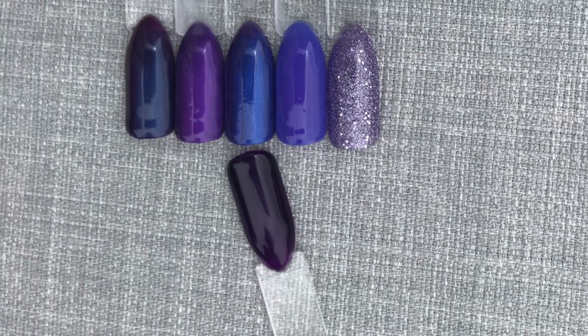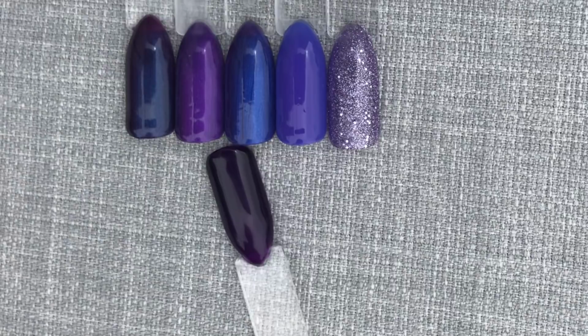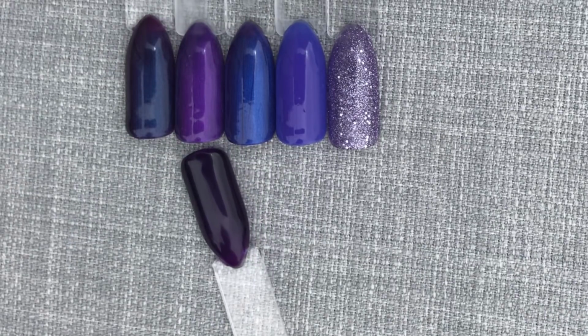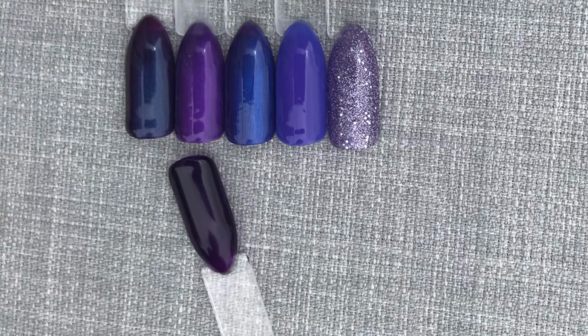The next shade I would compare it to is a discontinued shade, but I thought I'd show it just in case any of you still have it in your collection. The next shade is called Grape Gum. You can see Grape Gum does have a little bit of red to it. It's definitely more red than the previous shades, but it just doesn't have that depth of colour that